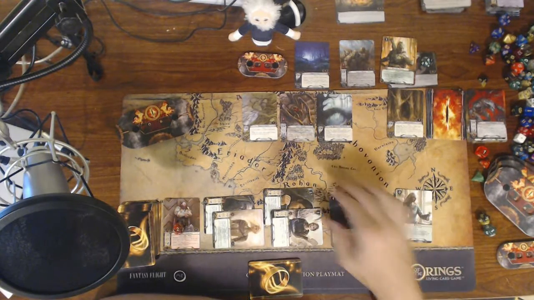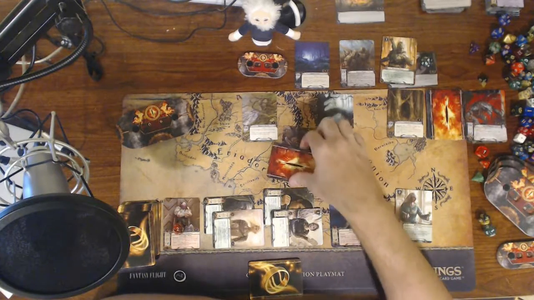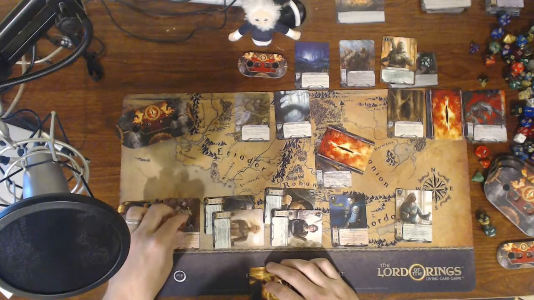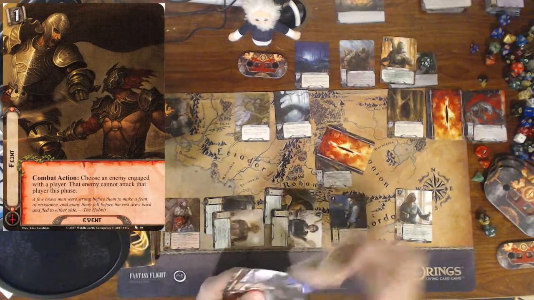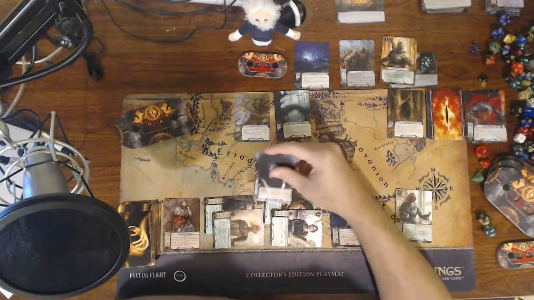So what can I do? This guy's going to come down. I'm going to deal a shadow card. You know what I'm going to do? I'm going to feint him. Right there. Feint. It's a good thing, because I didn't have a guy to...